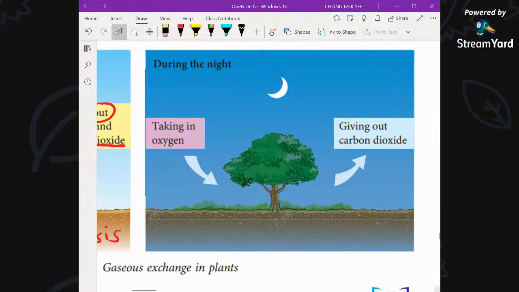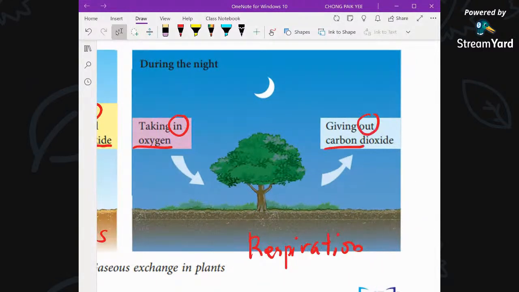Crystal Hui also says respiration. Okay, so yeah, correct. Xiao Hui, yes. No, you wouldn't have photosynthesis because it's at night. You will not have enough sunlight. Yeah, Hui En, you're right. So here I will just write down the word respiration. So you don't have to worry. That's why they write here taking in oxygen only. They never say taking in carbon dioxide. Jiatong, right. Jiying also correct. Zishuan correct. So they said giving out carbon dioxide, that means this is respiration, just like humans. Humans at night, the whole day in fact, we will be carrying out respiration.